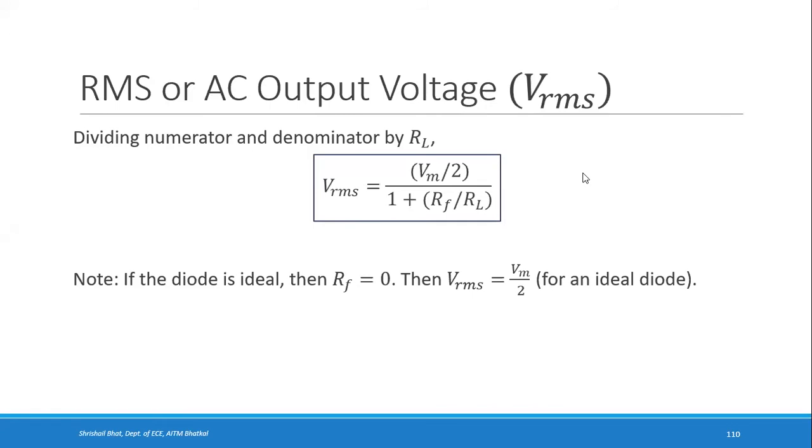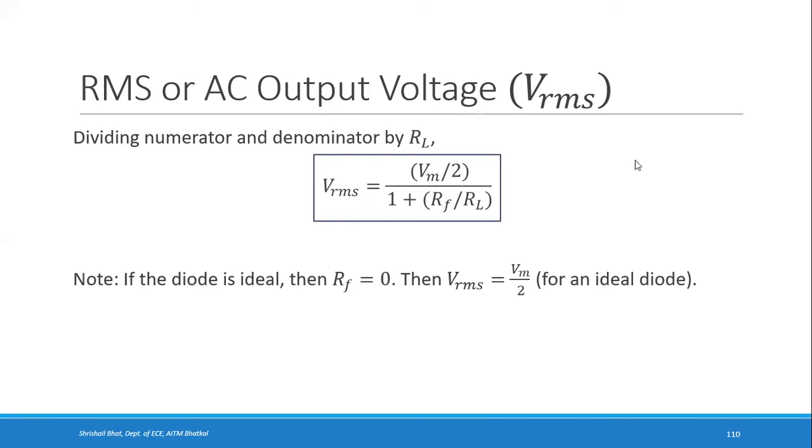In the negative half cycle it is 0. So for that particular wave we are finding the RMS value. But in case of a complete sinusoidal signal where there are both the half cycles, you will get Im by root 2. That value we will again obtain in case of a full wave rectifier where we get both the half cycles. There, if you find the RMS value, it will be Im by root 2. So there your doubt will be clear. Is that clear? So that's about the RMS or AC value of load current and output voltage.